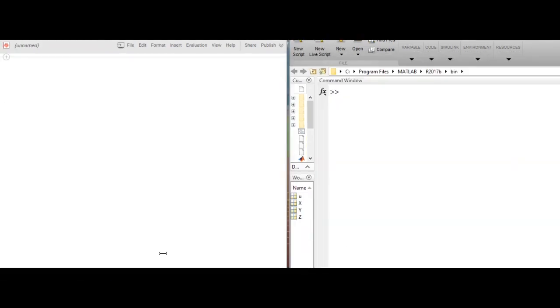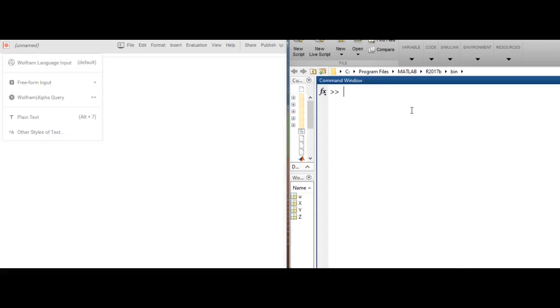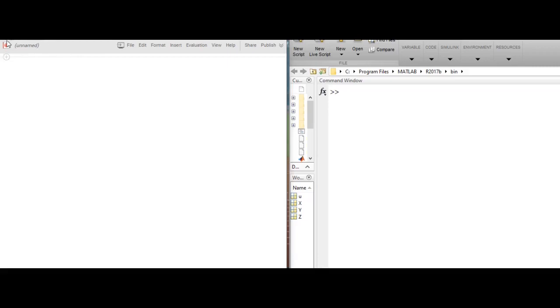Okay, so this one is the Mathematica environment and this one is MATLAB. Unlike MATLAB, here in Mathematica we have so many options. So we can use it as a word editor also. We can write plain text, then coding also, and we can write a title here. So let's write here